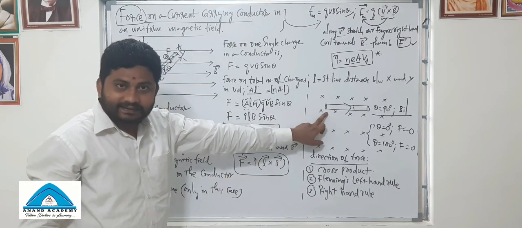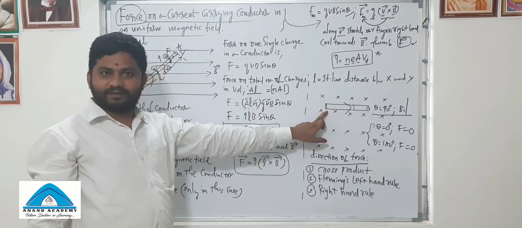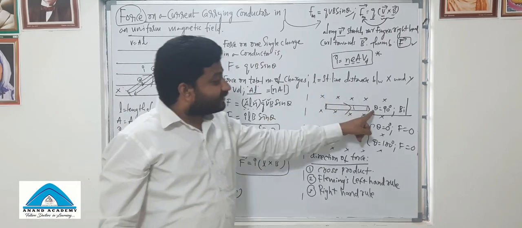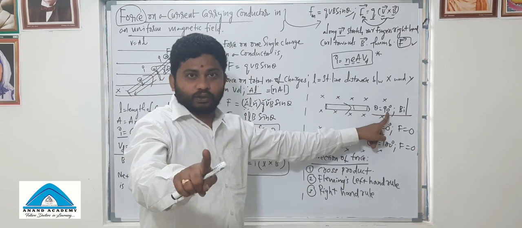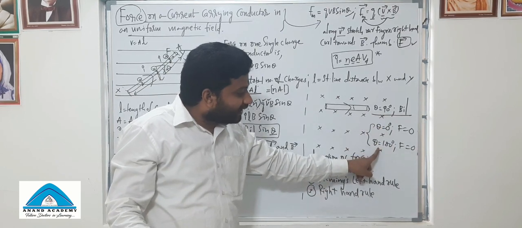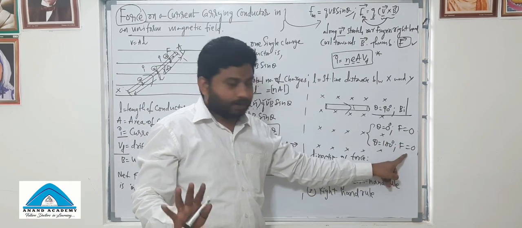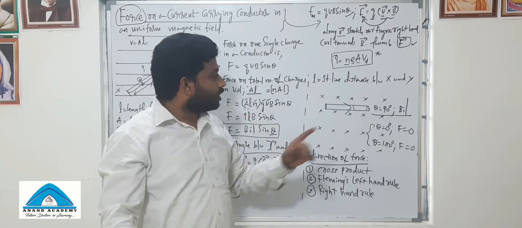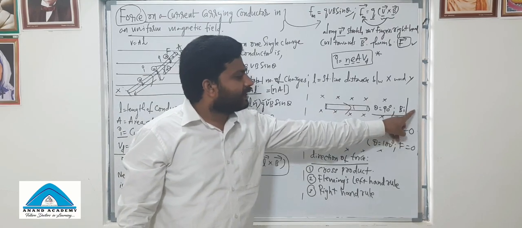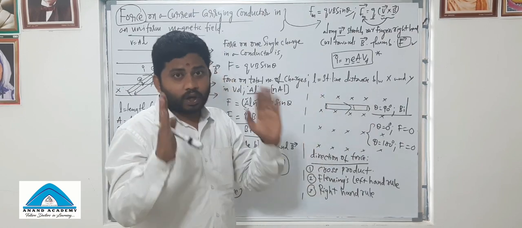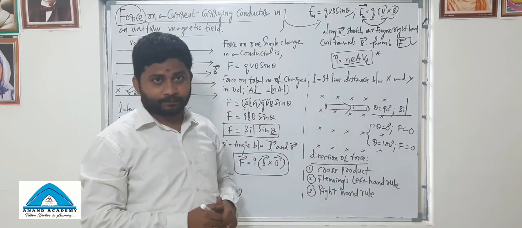And let's take this case. One by one we'll discuss. In this case, theta is 90 degrees and there is a force acting on it. It's not 0. Understand? At 0 and 180 degrees, the force is 0, minimum. But we have taken the maximum case only. Let us understand the force direction. The magnitude we have got is BIL sine 90. Sine 90 is 1. Force is BIL. Alright. Let's talk about the direction.